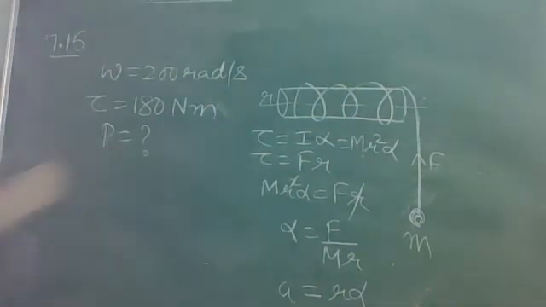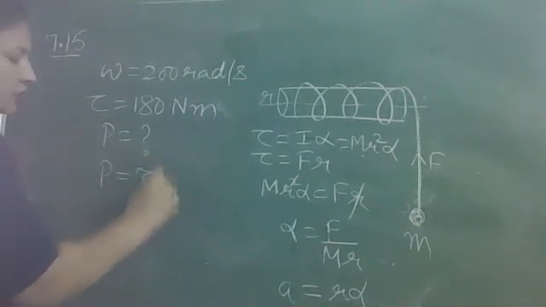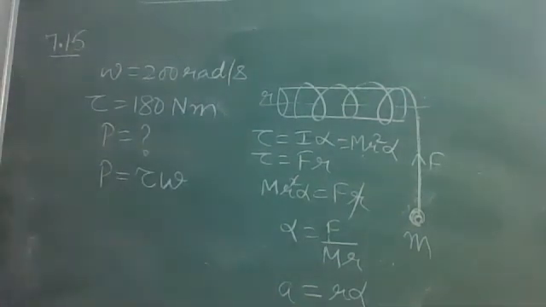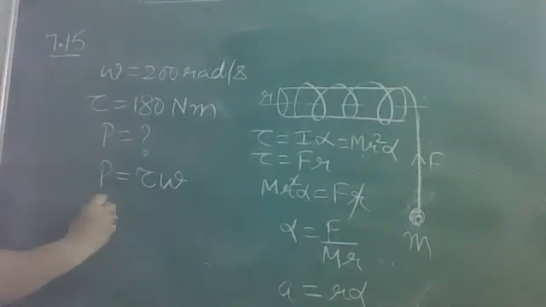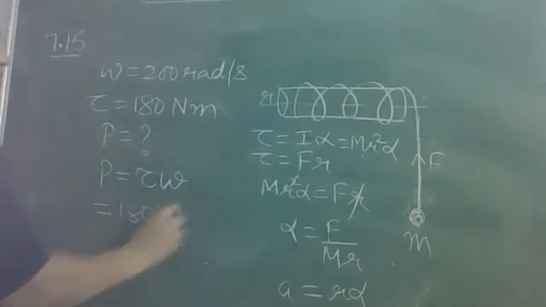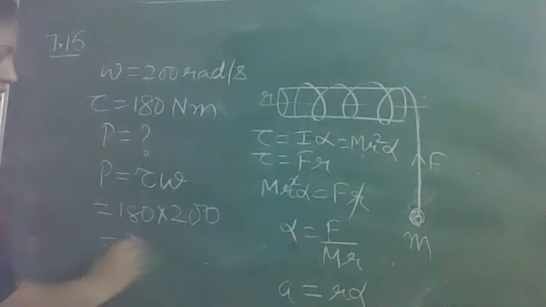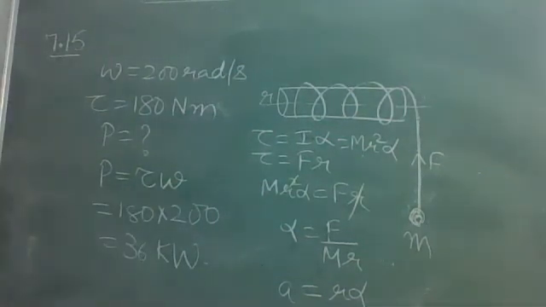It is also given. So you know power of rotation, I told you in that tabular form all the expressions. P is equal to tau omega. Both are given in their proper units. So just you need to multiply and you will get the answer, 36 kilowatt. So the power of rotation is 36 kilowatt. Got it? Got it, students? Any doubt? No doubts? All right. So 16th question we'll do later.